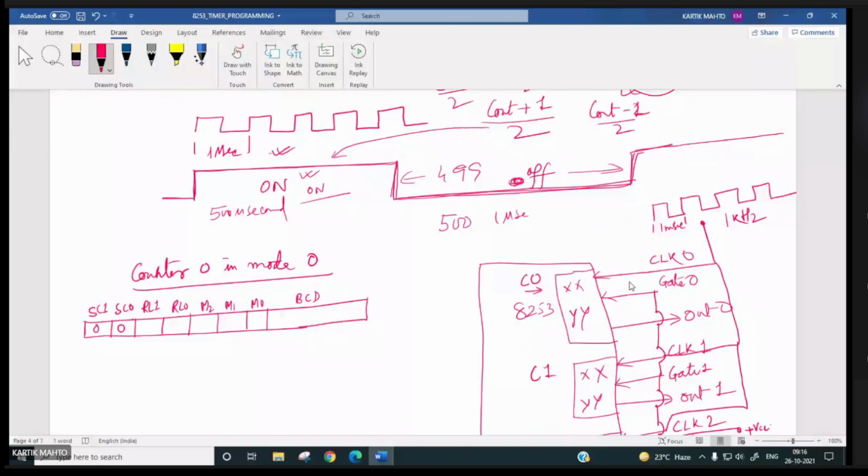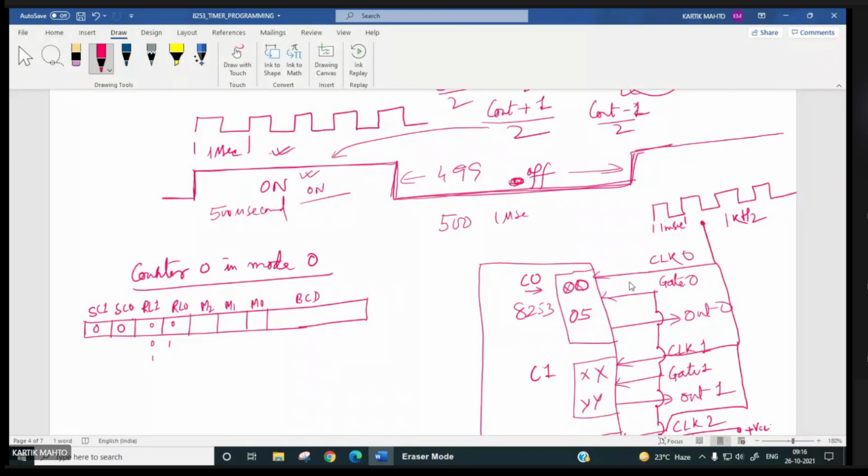Let us put the count value 0005. We have to read LSB first, then write MSB next. For that, what will RL1, RL0 be? 0, 0 is counter latch, 0, 1 is LSB only, 1, 0 is MSB only, and 1, 1 is LSB then MSB.